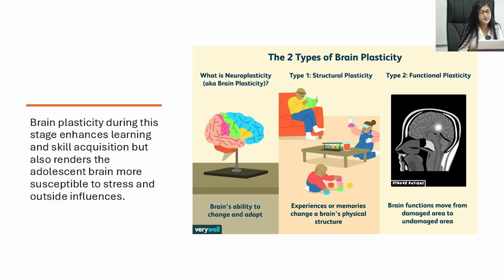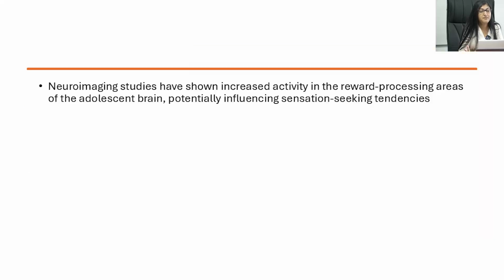So that is also something that we need to keep in mind. And they have also found out, certain neuroimaging studies have shown that there is an increased activity in the reward processing pathway, especially when they are with the peers. So this is why they like to seek sensation-seeking activities. When they are very cheerful and happy, they like to go out, they like to seek independence. So all these can be explained through this,